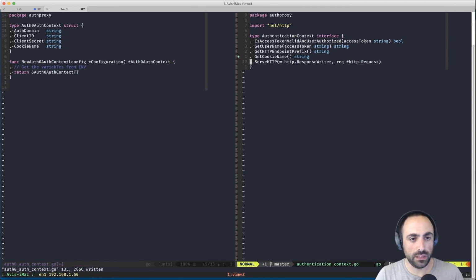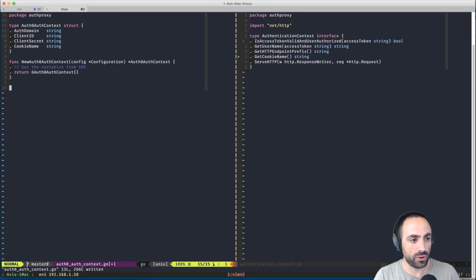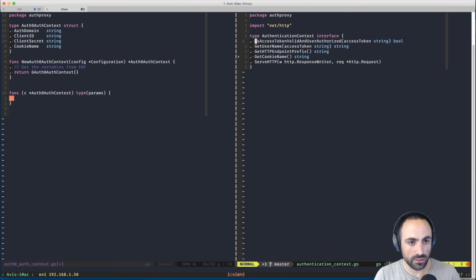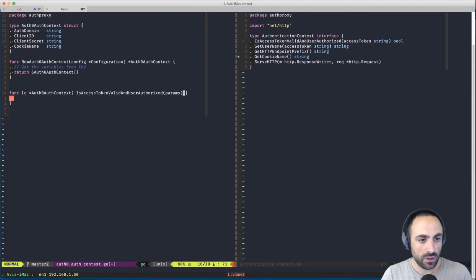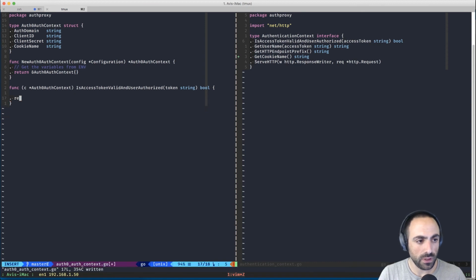And now what we need is to literally copy over the things, right? So this is going to be a method of context. So this is going to be Auth0 auth context, and this is going to be this, and this is going to accept a token string and return a boolean. And let's return false.